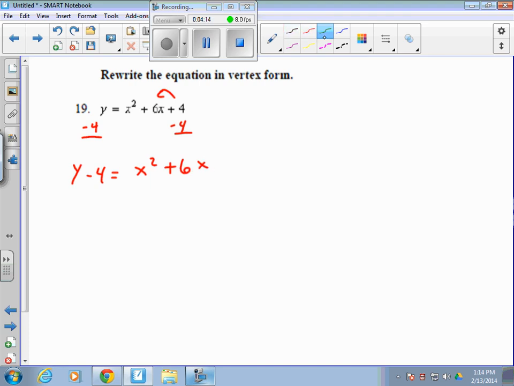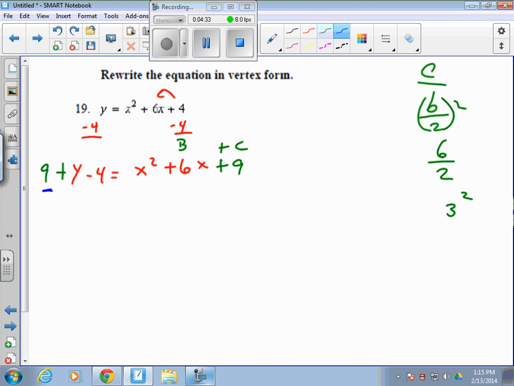And we need to find plus c. In order to find c, you take b's value, divide it by 2, and square it. B's value in this case is 6. So 6 divided by 2, which is 3 squared, plus 9. If you add 9 to the right, though, you have to add 9 to the left. When you combine your like terms here, 9 and negative 4, you get y plus 5 equals,